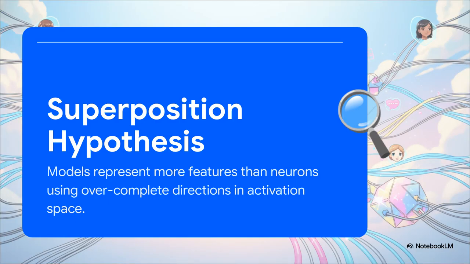So why does this happen? It essentially all comes down to the superposition hypothesis. Think about it. LLMs are exposed to an unfathomable number of concepts in their training data, way more than the actual number of neurons they possess. To compensate for that, models use a linear combination of neurons to compress a massive number of features into a very tight mathematical bottleneck. They're basically assigning features to an overcomplete set of directions in the activation space rather than neatly dedicating one neuron to one feature.